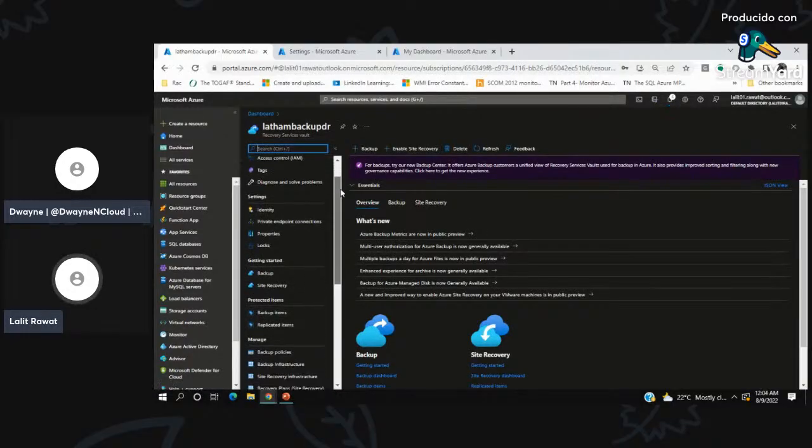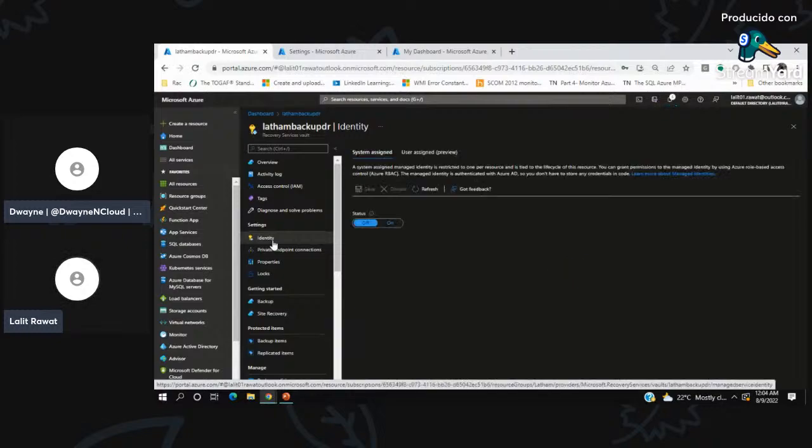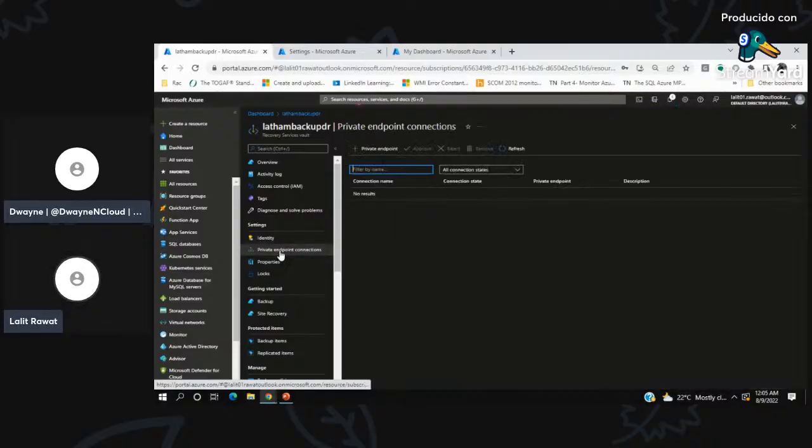In this particular backup vault, if you want to enable your identity, let's say you want to authenticate some of the applications, or you want to have a system assigned identity or user assigned identity, you can do it from here. You can also enable the private endpoint for the various services you want to take the backup of. So a private endpoint basically helps you with one-on-one connections between two services. I'll show you